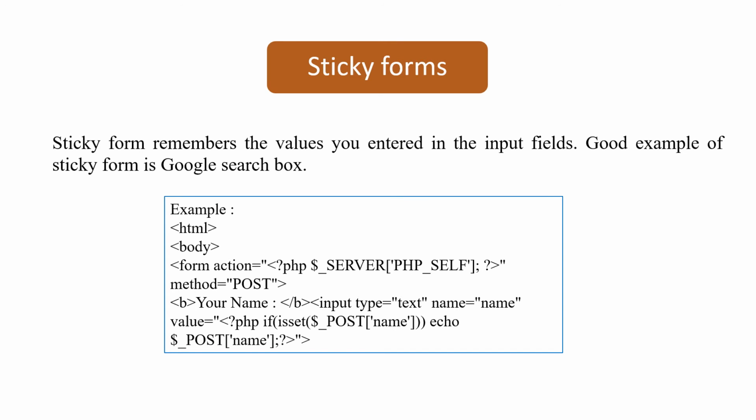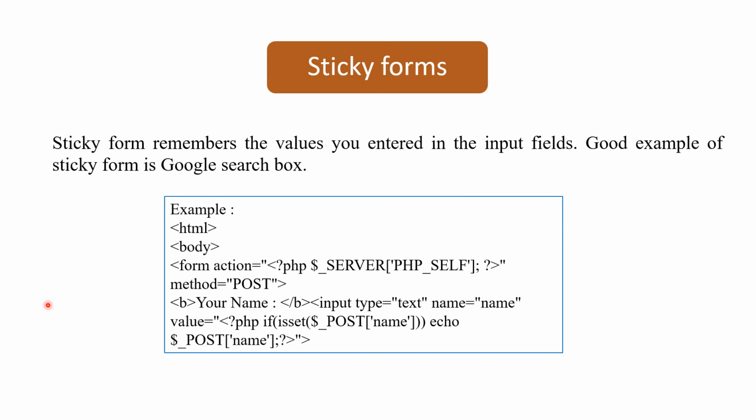Consider an example: if we give any search string to the search engine, the top of the result page contains another search box which already contains the same search string. To refine our search further, we can add extra keywords to the search string. This is the sticky behavior of a form, and the basic technique to make the form sticky is to use the submitted form value as the default value when creating the HTML field.